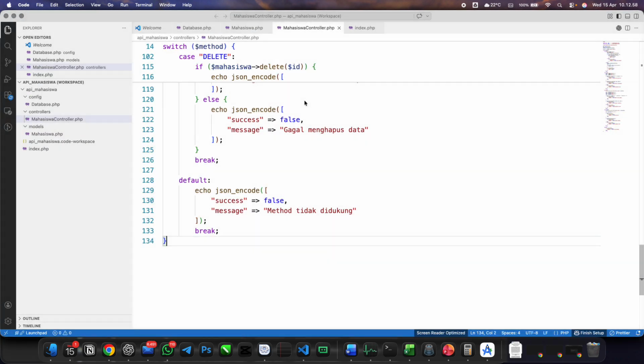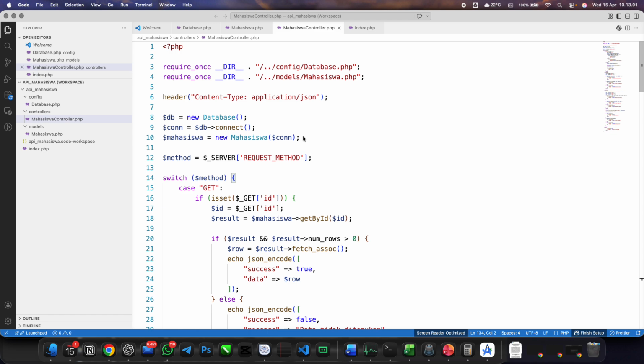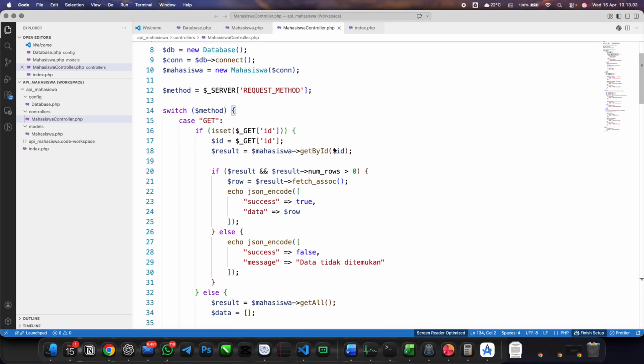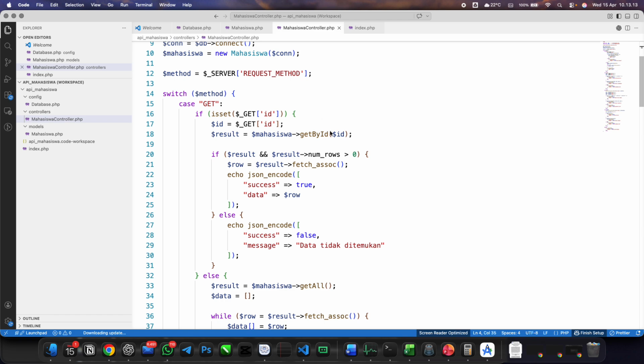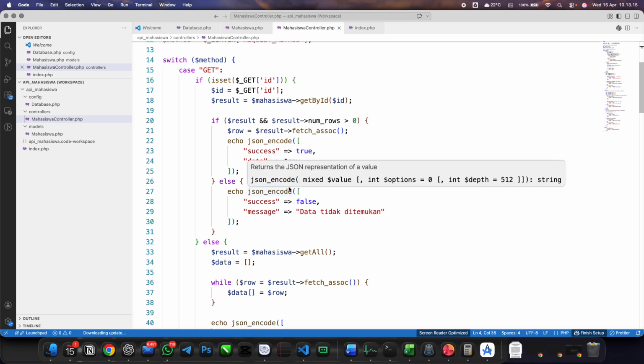We have to check the mahasiswa controller, and hopefully there will be no problem here. We had our previous problem, which was that I typed model, not models. I have already solved that problem, and you have to check every response.